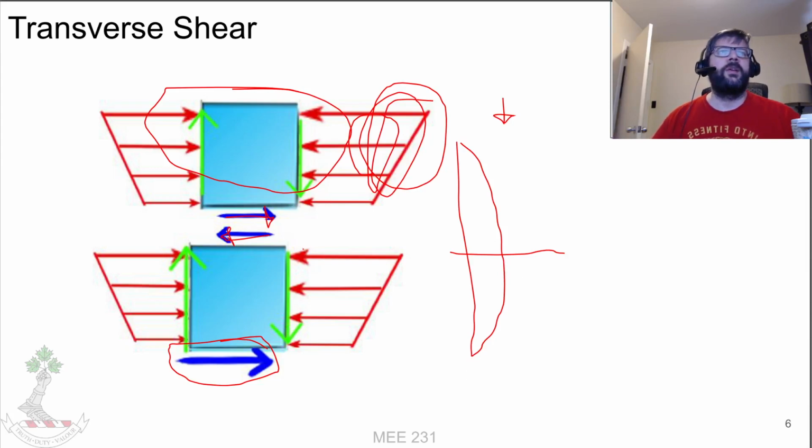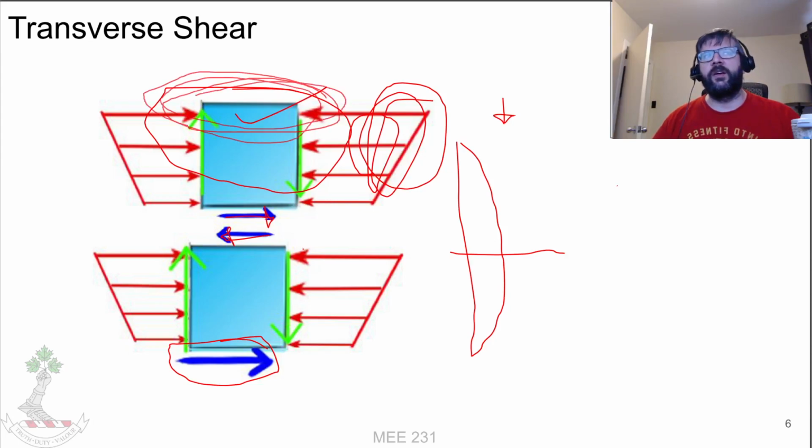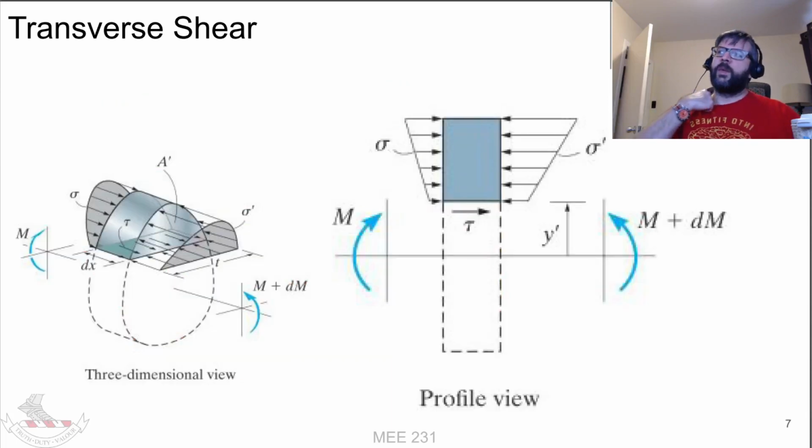Because obviously, if you have a cube at the top, there's no stress at the top surface because there's nothing there. Same thing occurs at the bottom. So we want to go into some math on that. If we take an arbitrarily shaped beam, it looks like an egg here, but if we take a tiny little slice of that, up to a particular distance from the neutral axis,